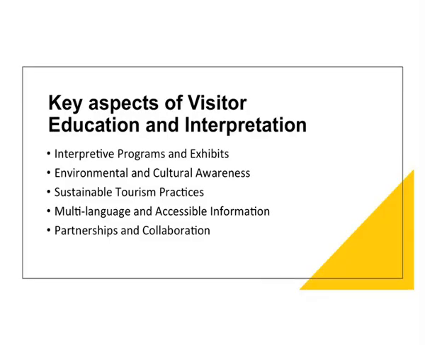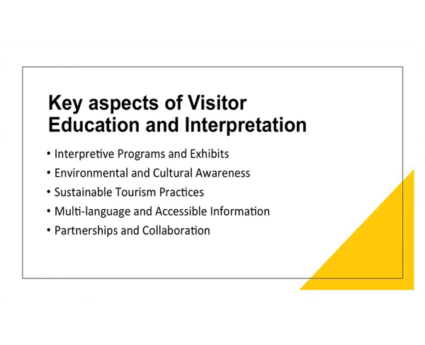There should be education or awareness about sustainable tourism practices. That means everybody should be informed about green practices and be encouraged to make certain changes in their behaviors, and they should all become responsible and green consumers. Multi-language and accessible information should be available for all the tourists so that there is ease of understanding the instructions. Also, there should be partnership and collaboration between the NGOs, the local partners, the governments, and the non-government